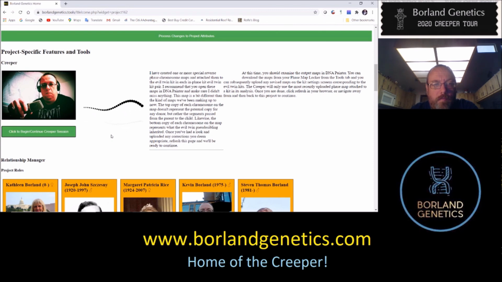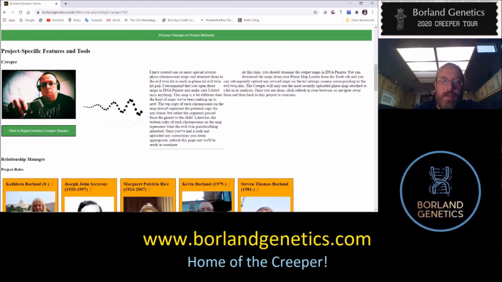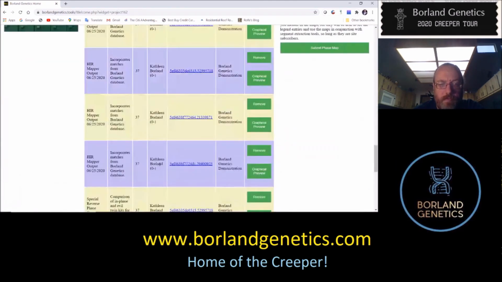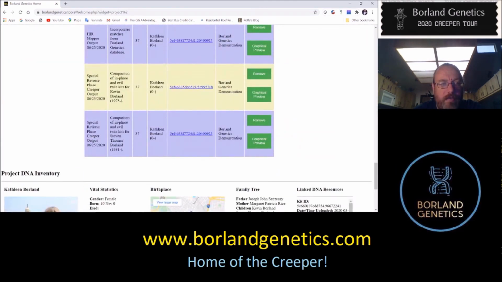Alright, so let's just take a look here. And you see it's created 2 maps called Special Reverse Phase Creeper Output. And one corresponds to me and one corresponds to my brother, because what it's in a sense doing is 2 separate reverse phases at this time. So if we want to take a look at one of these just to see what it looks like, these are a different type of phase map as it mentioned,